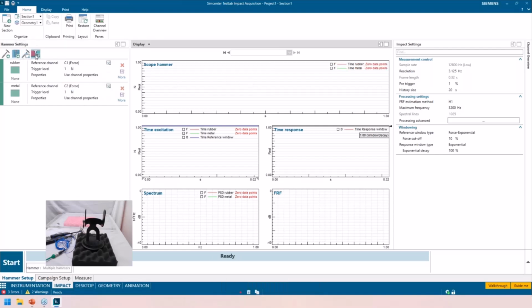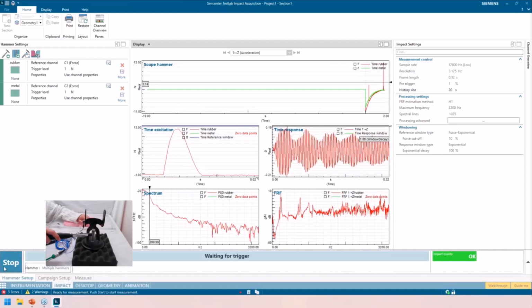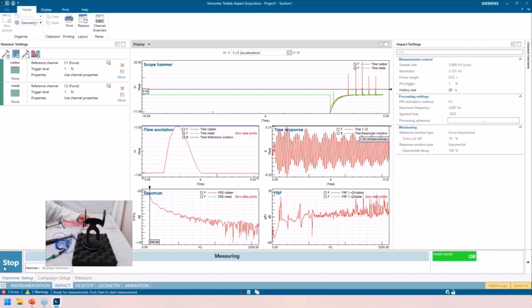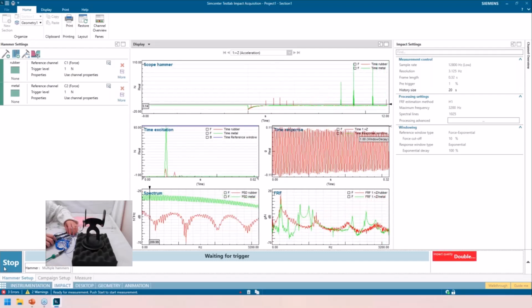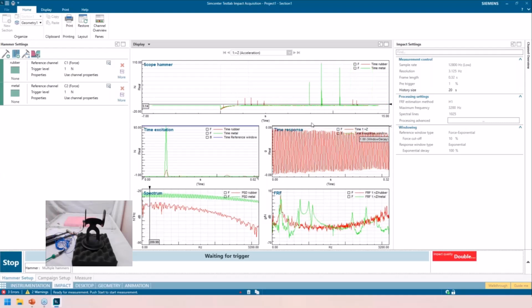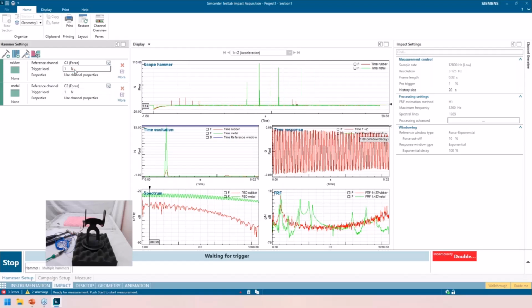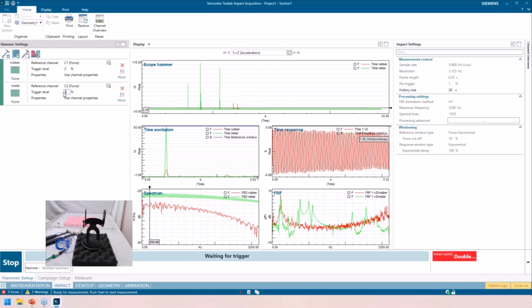And I'm going to wait to apply this filter, this FRF merge filter, because I want to see what my impacts look like. So I can hit start, and I'm just going to do a couple of impacts. So you can see that the actual size of the impact is going to be much different for the hammer versus the rubber tip. I can eyeball my trigger level. So it looks like my trigger of 3 newtons is probably enough for both. I can change the trigger level for the individual channel. So this looks pretty good.